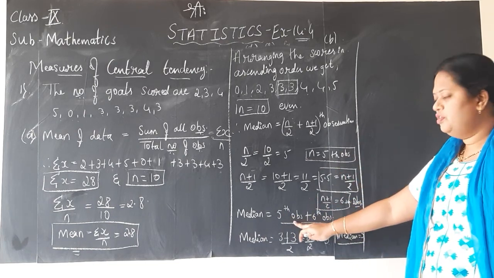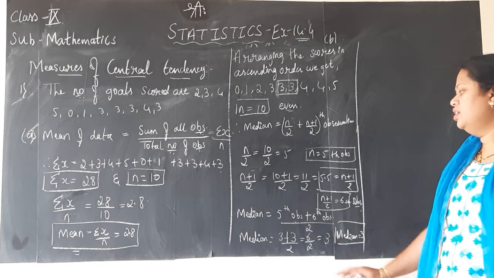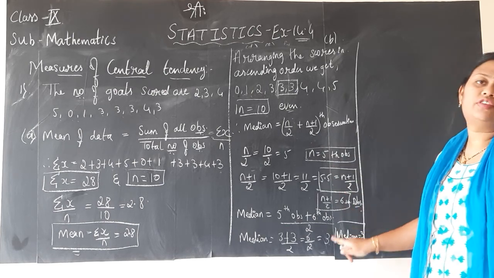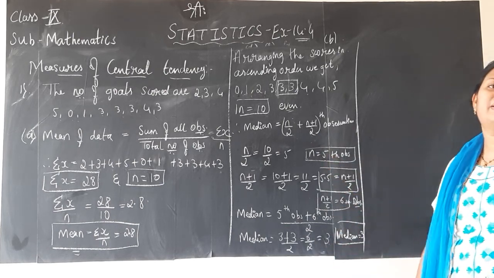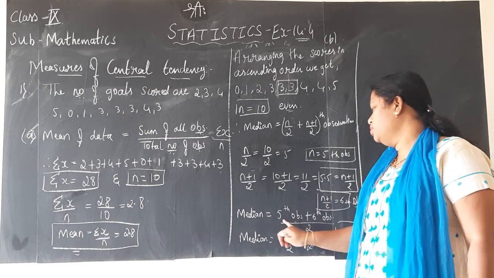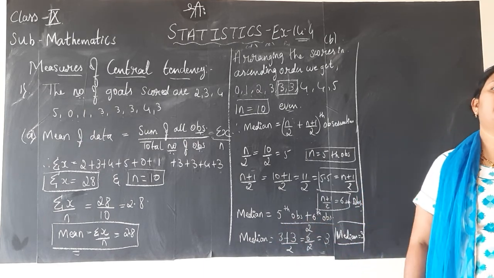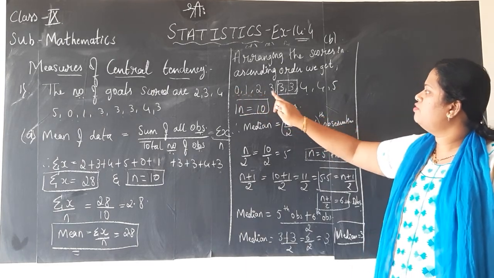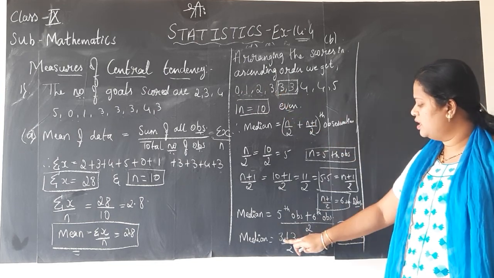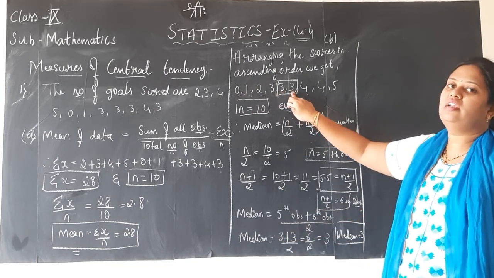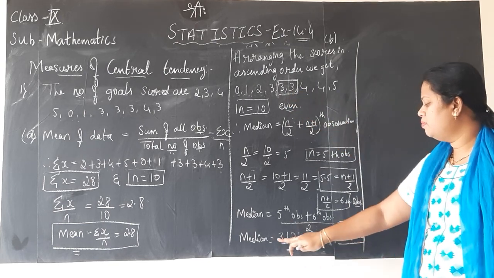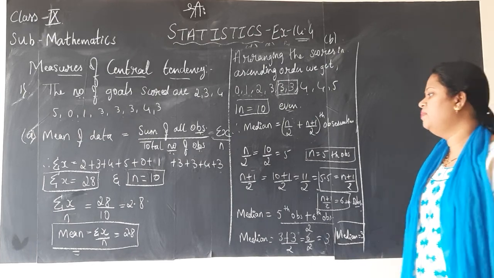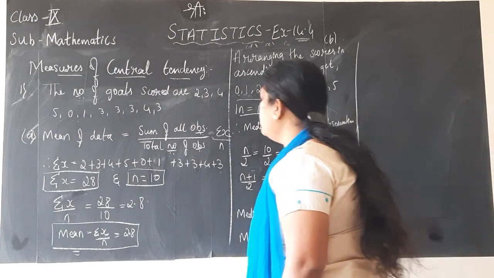Now, if fifth comes, obviously the next comes, children. You need not go and check. If 5 comes, 6 comes; if 4th comes, 5th score comes; if third score comes, 4th score comes. It will always be the consecutive one. So 5th observation plus 6th observation divided by 2, we should do. What is the 5th observation? Count from here, 1 2 3 4 5. The 5th observation is 3, plus the 6th observation, the immediate next, isn't it? That is also 3, divided by 2. 3 plus 3 is 6, divided by 2, when you do it again you get 3. That is the median. So we have found out the mean and median.